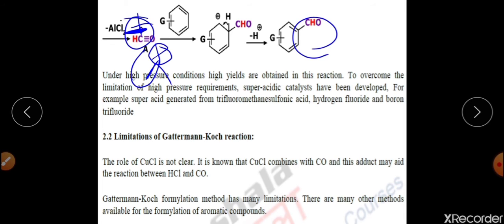Again, the important point is, if we are having any group like R attached to the benzene ring, at that time the formyl group will attach para with respect to the R group on the benzene ring. So this is basically attack at para position will happen at that time, right? So basically this is formylation reaction. Now the similar kind of formylation reaction can also be done by using HCN as well. So we will discuss about the synthetic importance of this reaction in later phase. So that's all about this Gattermann-Koch reaction.